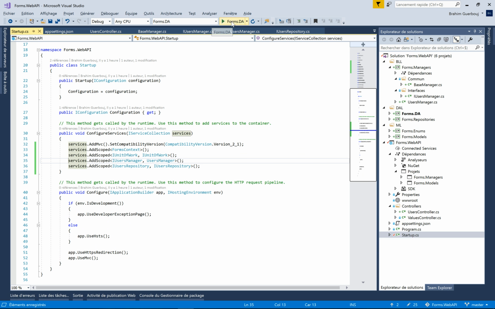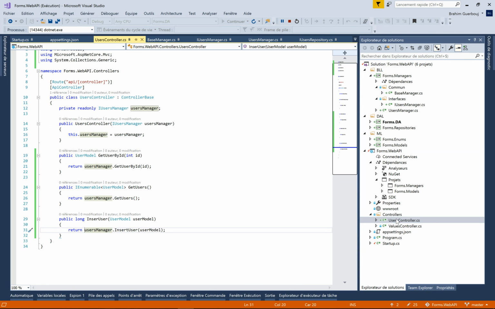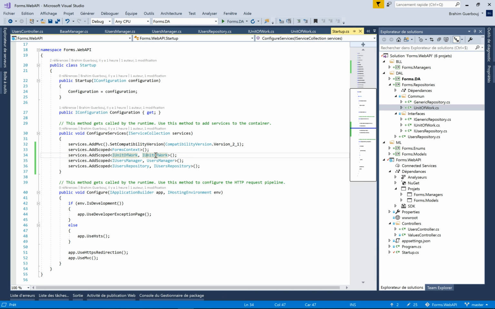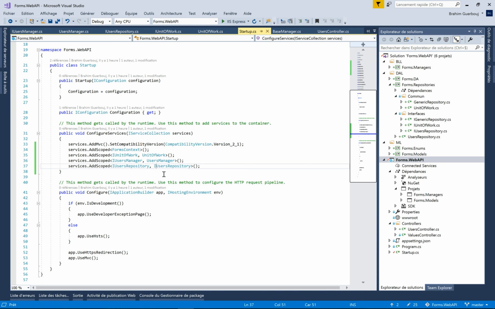So here we can't instantiate the type unit of work, and the class is unit of work also. So here we need to define the right class, and we need to define the right user repository class. So let's see again. Let's launch the application, and here we have the default